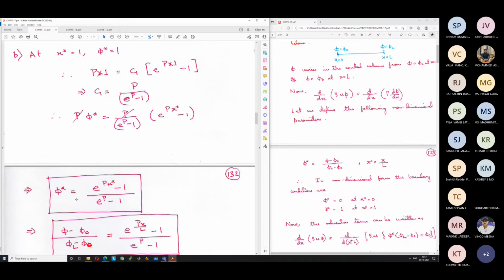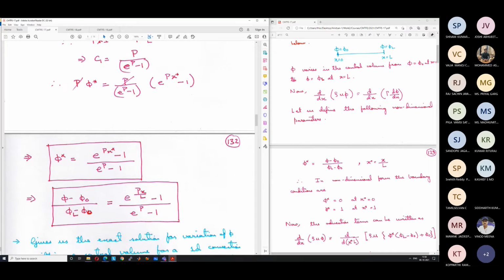So this gives us a variation, and we can see that the variation is exponential. It's not polynomial or logarithmic, or any type of polynomial like quadratic or linear. It is not linear like that. It is exponential in nature for this one-dimensional problem. And we have got a nice solution because it was a simplified problem. This will give us a lot of insight, as we will see later, on how to devise different types of discretization schemes.